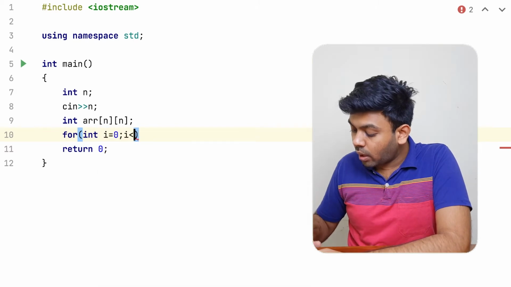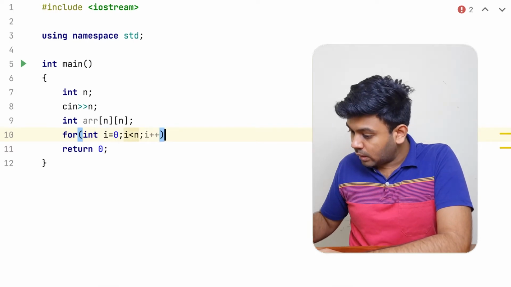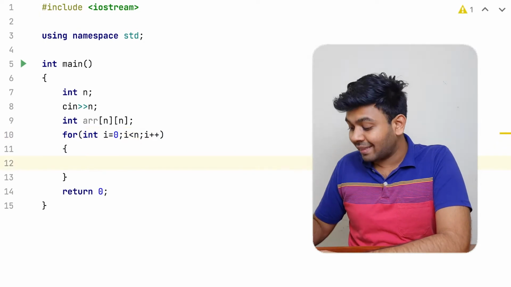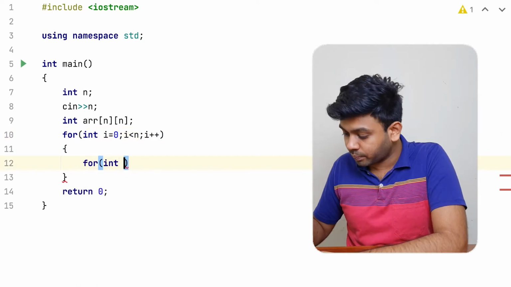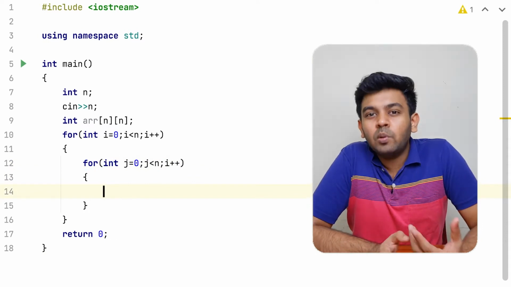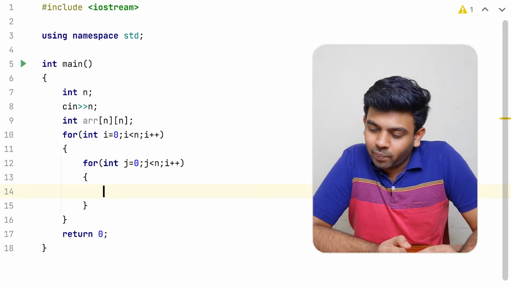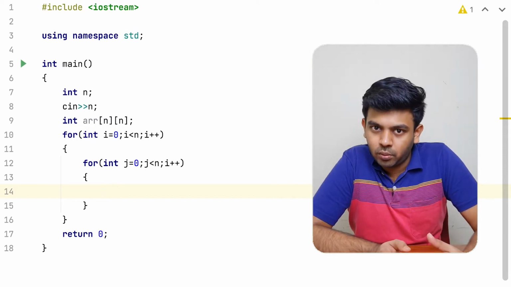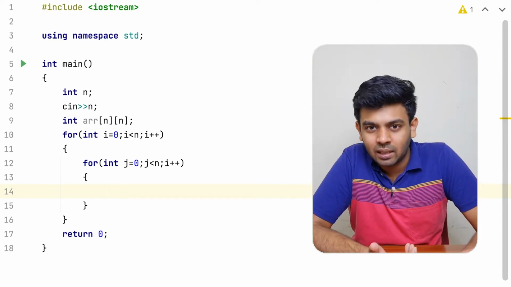So i equal to 0, i less than n, i plus plus. Since it is a matrix, you have to use nested loops to get input. To get input for an array, you use a single loop, but for a matrix, you have to use nested loops, because this is a two-dimensional array.